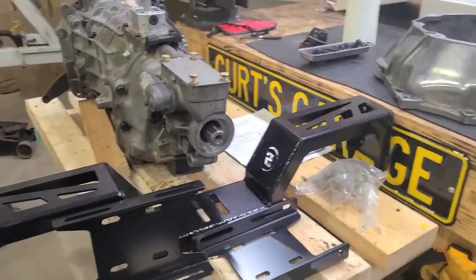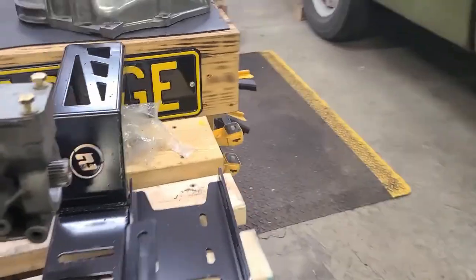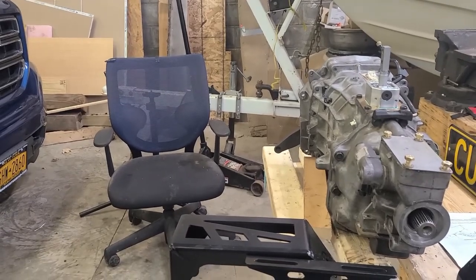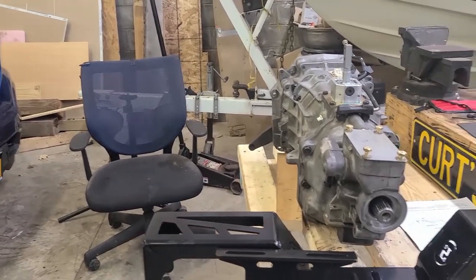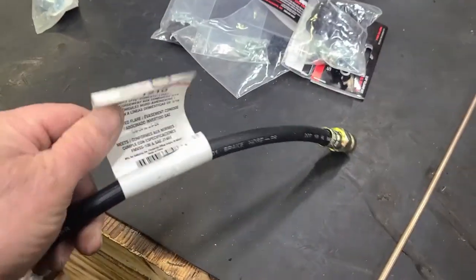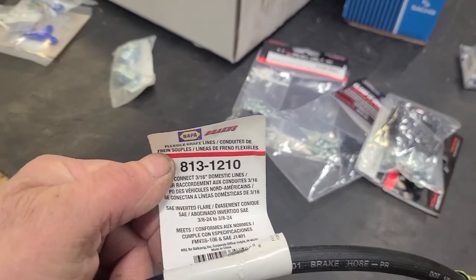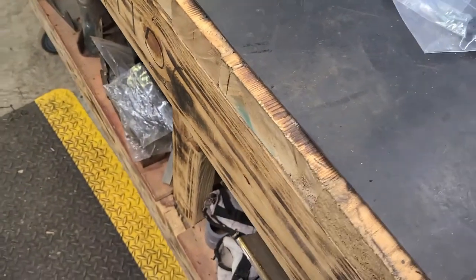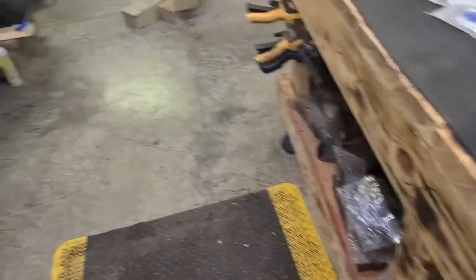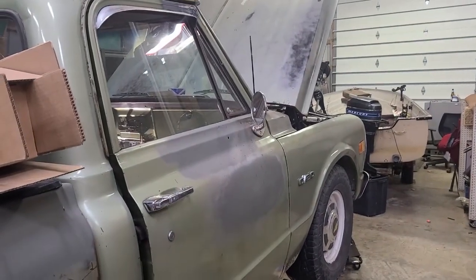And then, yeah, where was I? Oh yeah, hard line coming out, up the frame. Once that comes up, running up the frame, then it's going to go to another flex line, which is here somewhere. There it is, right there. So this is a Napa part, 813-1210. That's going to go onto the hard line, like so, off the frame, and meet up with that line that's on the firewall of the truck. That's the plan